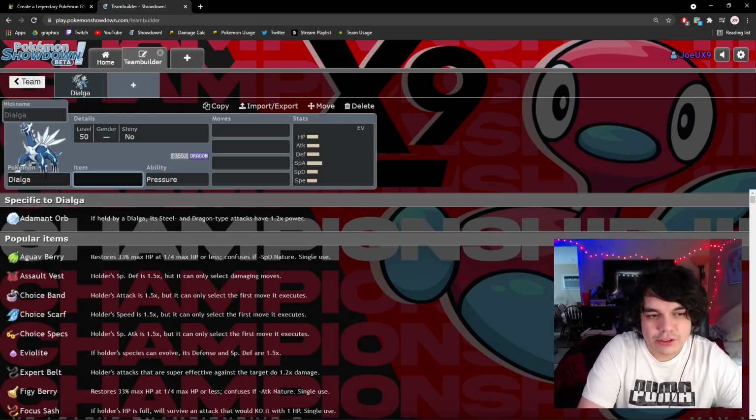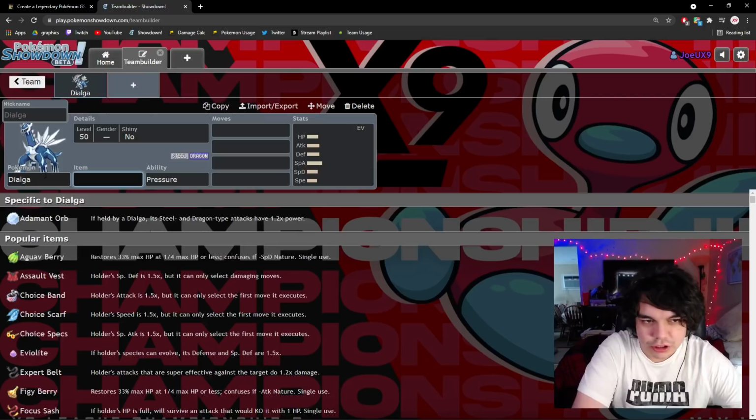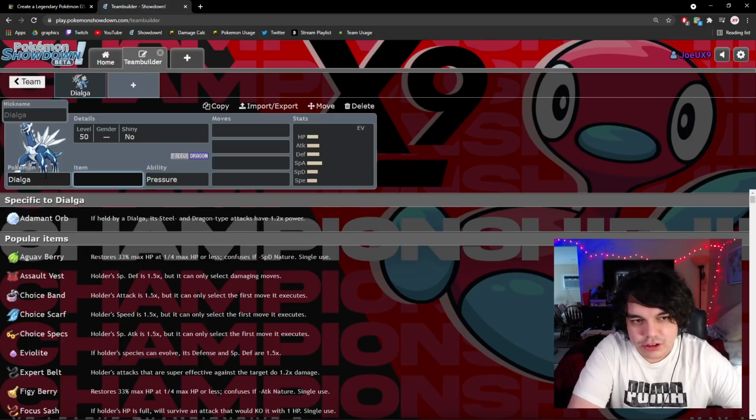Because if you look at the most common restricteds, Calyrex Shadow, Xerneas, Zacian. You have fighting moves on Zacian to deal with Dialga. Xerneas, if you get a Geomancy up, it's a huge problem. Also, they're commonly paired with Volcarona, which has Struggle Bug. And on top of that, most of the other restricteds at least have some tools to deal with